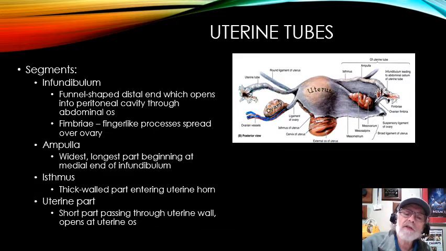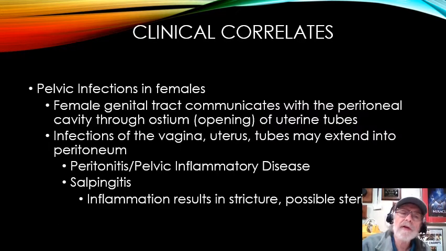But in this situation, what we see is the fallopian tube coming over this way, and the fimbria would be out here, and the ovary sits right in that area, very close to this open area called the fimbria. So don't worry about these: infundibulum, ampulla, isthmus, and uterine part. You don't have to worry about that.